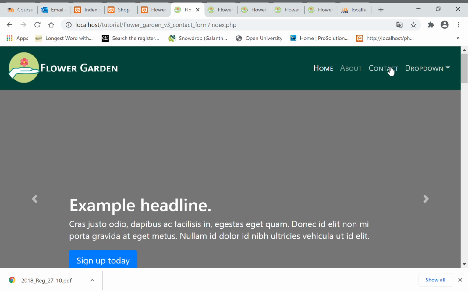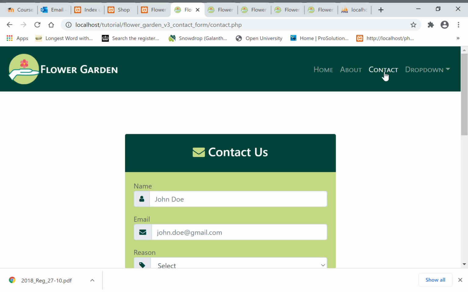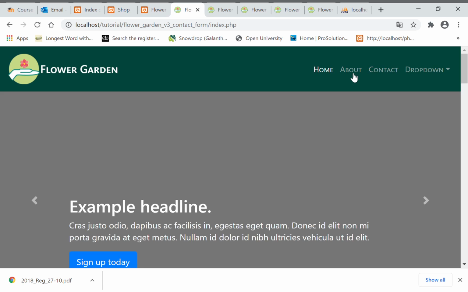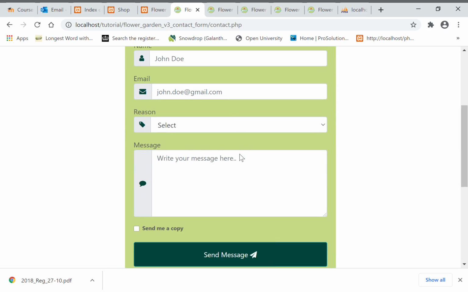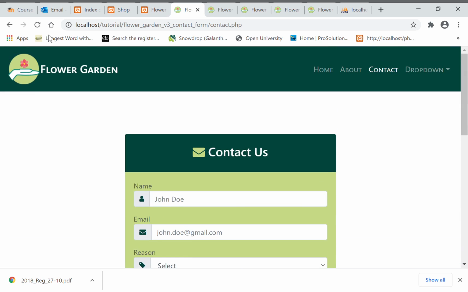On this one I also added a contact page with the same matching color. As you can see, when I'm on contact page, the contact page is highlighted. I'll explain to you the backend side of it, how to do these things. If you're on a home page, it will highlight home page. Contact page also has a style, similar and matching with the theme. So that's our version 3. Version 4,